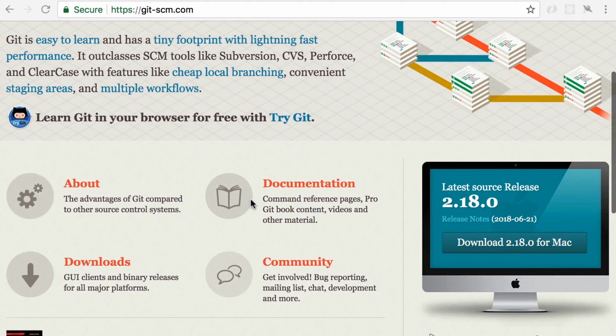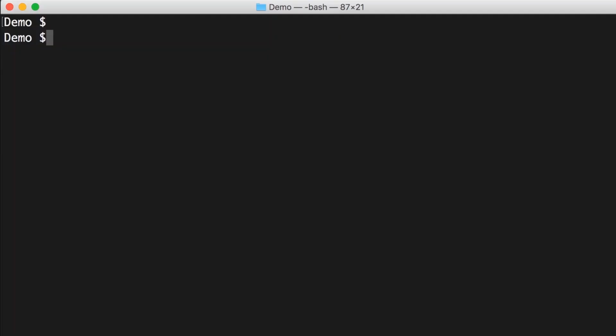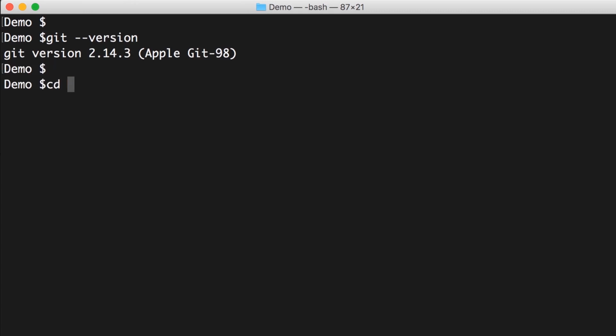On this page, you can find the downloads. So get the installer for your operating system, install it. When you're done, open up a terminal window and run git --version to make sure you have installed Git properly. All right, now let's go to